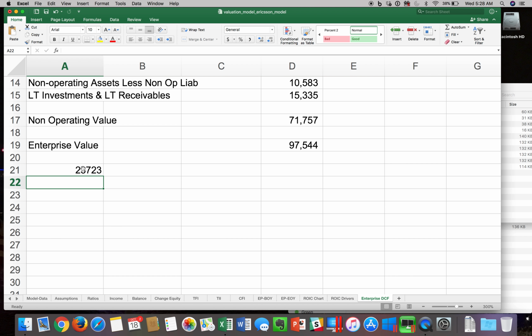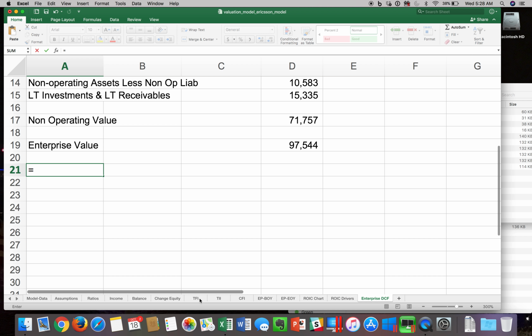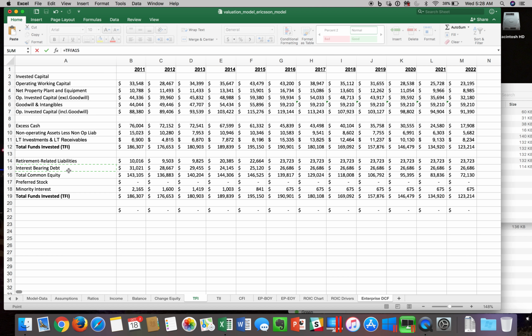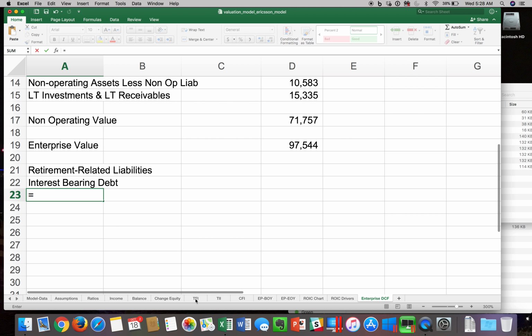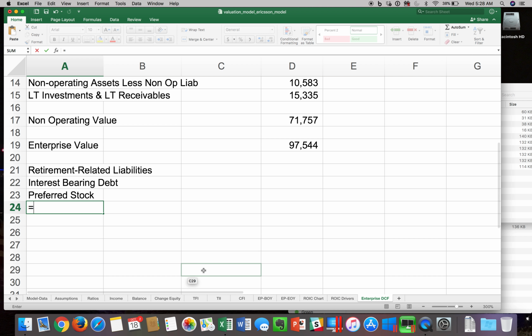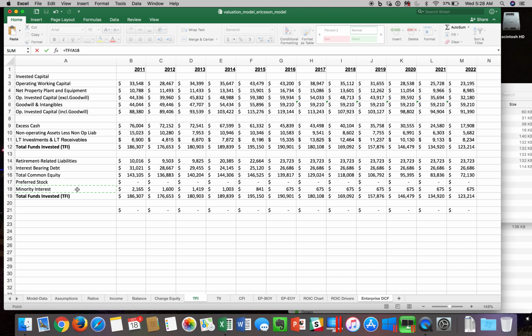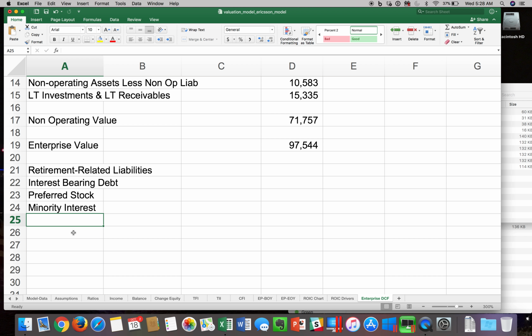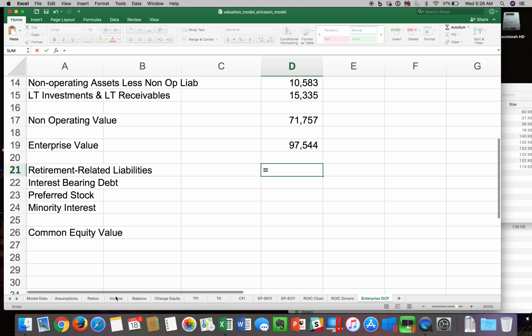Oh, sorry, I'll label this, equals retirement-related liabilities, equals interest-bearing debt, equals we got to pay off the preferred shareholders, and we got to pay off the minority interest in the minority shareholders. And once those 4 stakeholders are paid off, whatever's left will be the common equity value of the firm. So retirement-related liabilities, TFI,